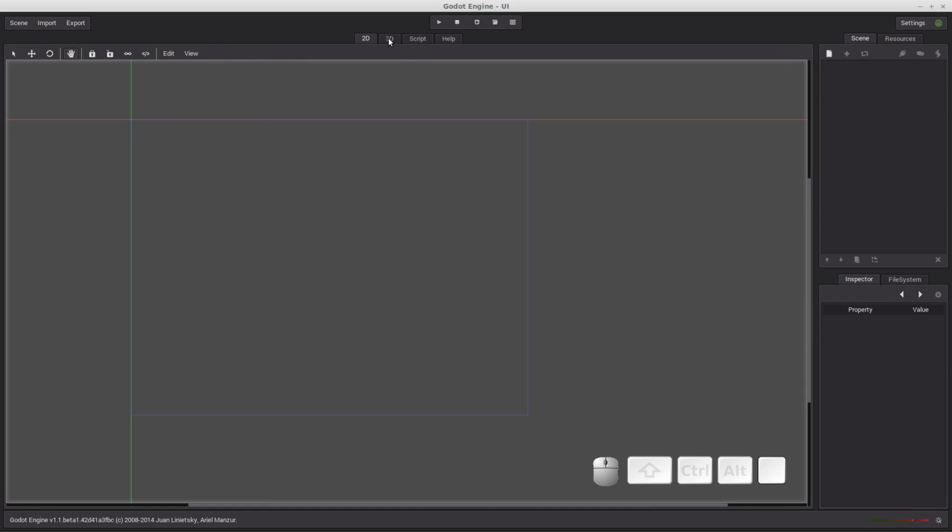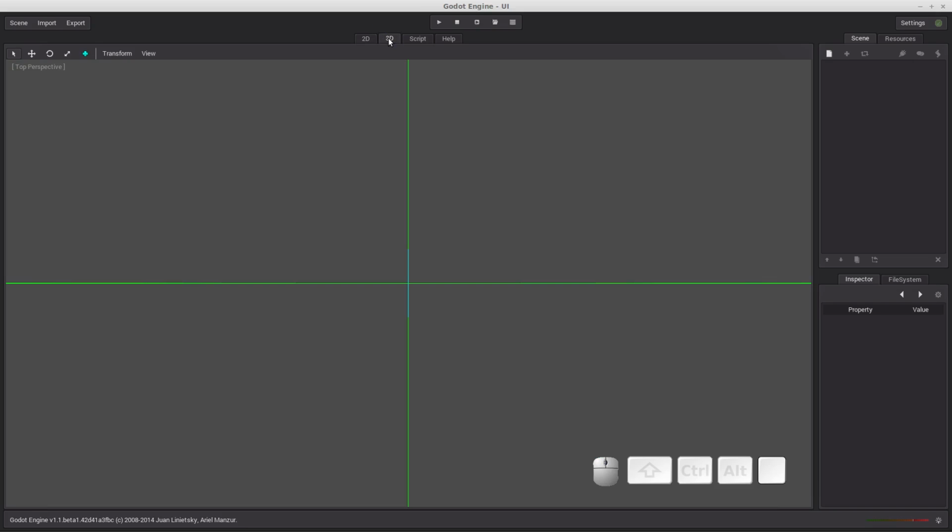So let's click on the 3D tab, and you'll see that some of the same buttons exist here. If we want to select an object, then we'd click on that one. If we want to move an object, click on that one. Rotate is this button here. If we want to scale a particular object in the screen, then we'll click on that button. This blue plus sign is the